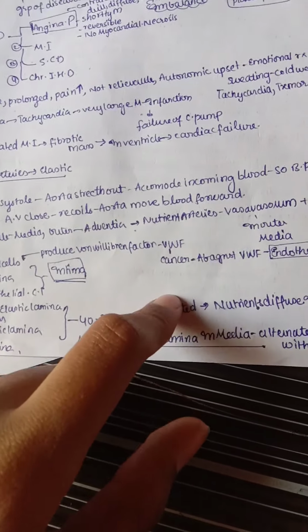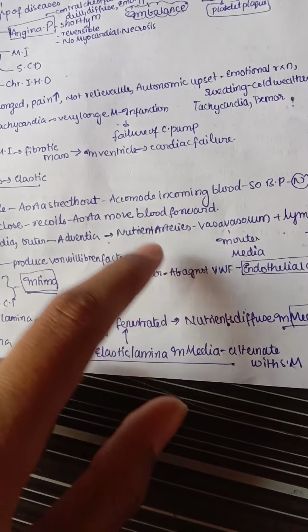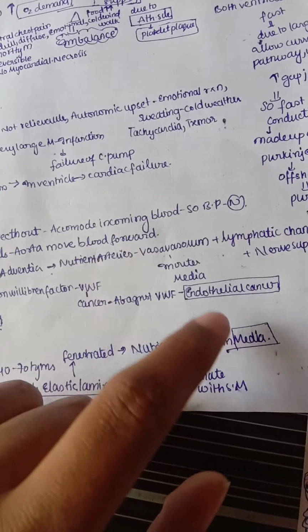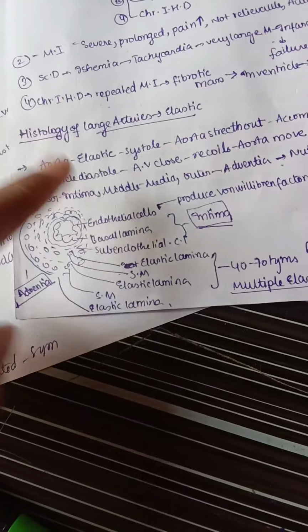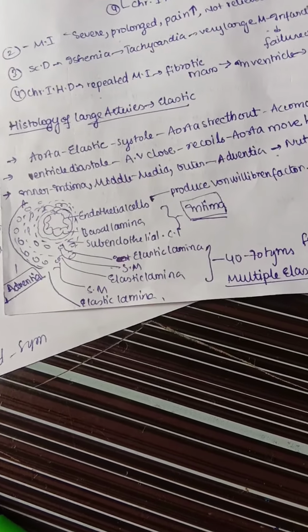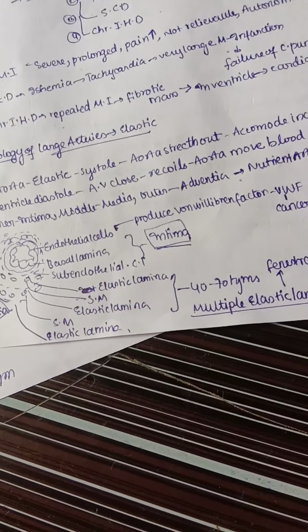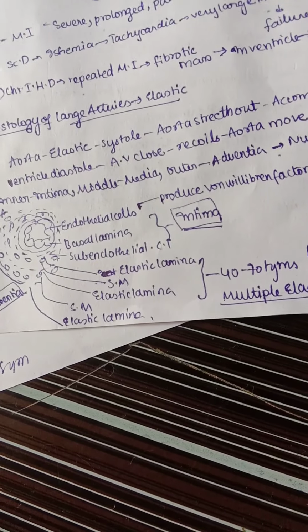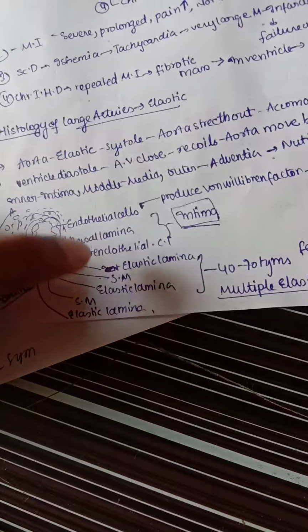Whenever there is a cancer in the von Willebrand factor, the antibodies are formed against it, so that we can confirm that it is an endothelial cancer. So the intima we completed, and then the elastic lamina, smooth muscle, elastic lamina, this process continues. So an elastic artery has more elastic lamina alternating with the smooth muscle in its media.